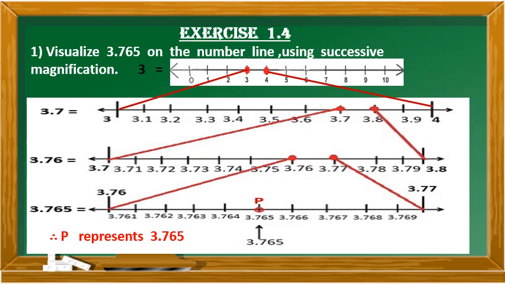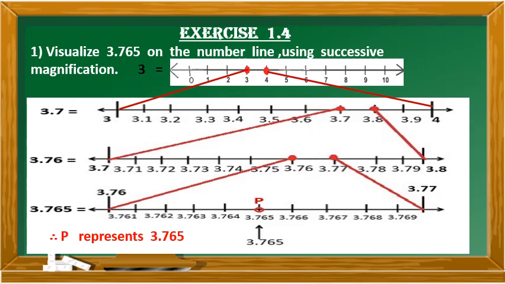View the next decimal 3.76 where it lies. It lies between 3.7 and 3.8. Now circle 3.8. Why is that? We are going to draw the next number line, divide it into 10 equal parts. The first point will be 3.7 and the last point will be 3.8. Now start writing. We have to represent 3.76. Now start marking it as 3.71, 3.72 and so on till we reach 3.79 and at last 3.8. Now circle 3.76.